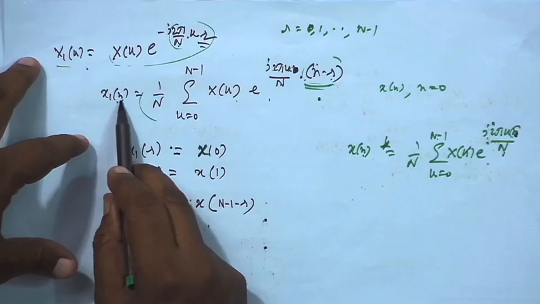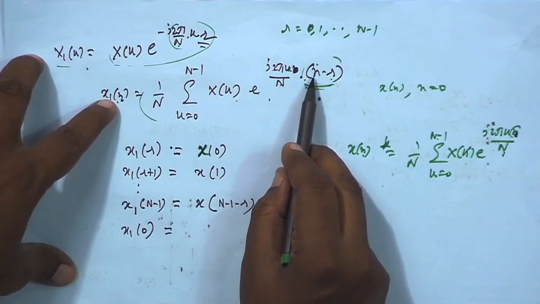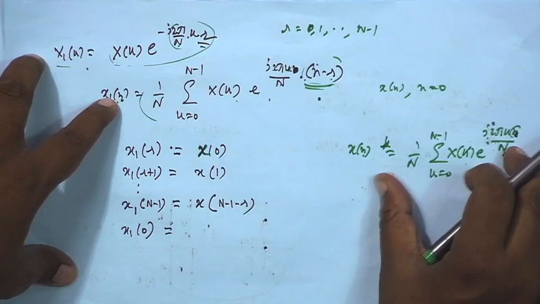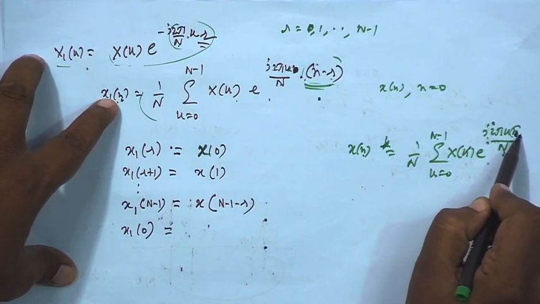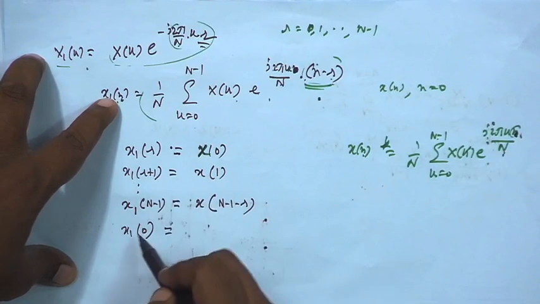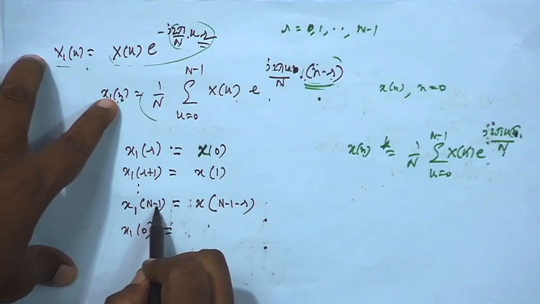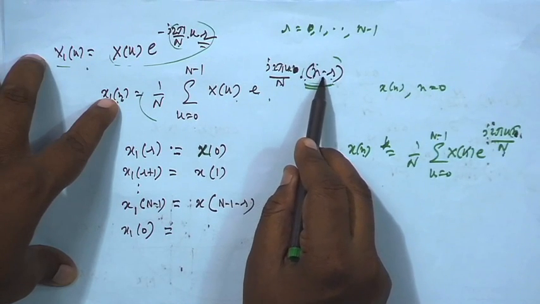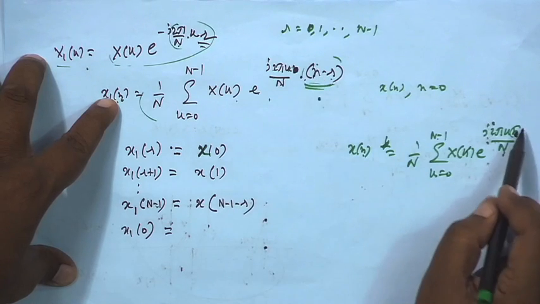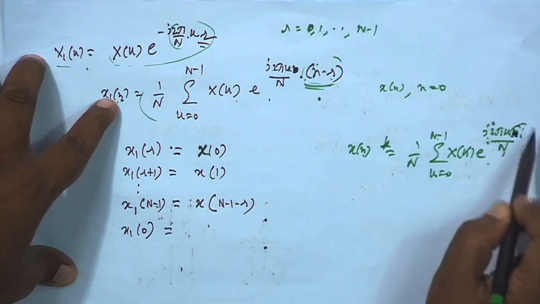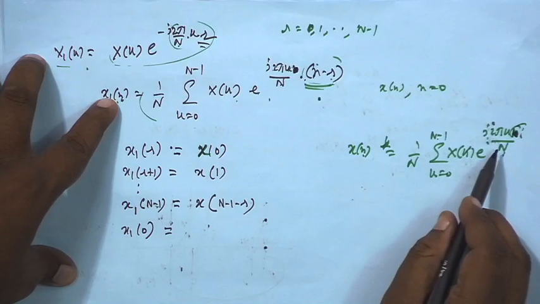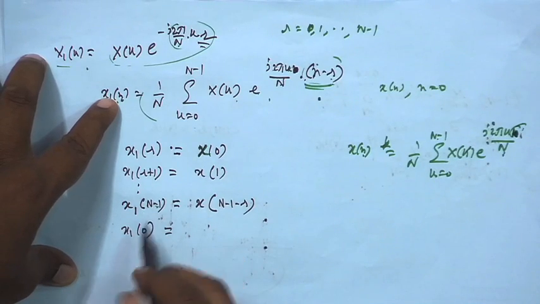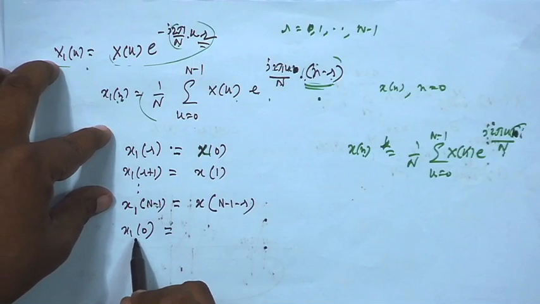In the same way, if you put x 1 r plus 1, that means this n is r plus 1. So, r plus 1 minus r is 1. So, as though this summation with index n is 1, that means x 1, dot dot dot. I go up to capital N minus 1. So, capital N minus 1 means n minus 1 minus r. Okay, as though this small n index is capital N minus 1 minus r. So, it is x n minus 1 minus r, and then I go to x 1 0, but x 1 0